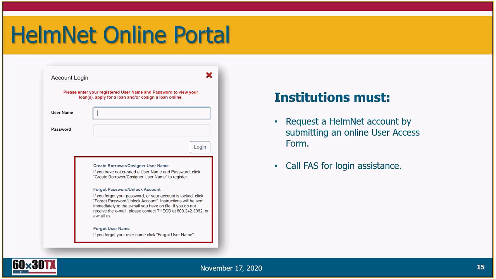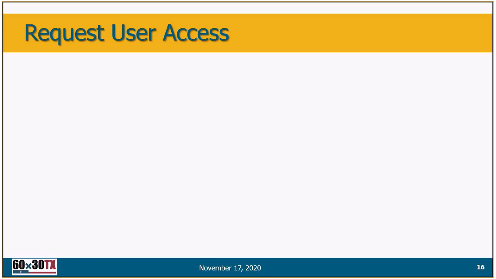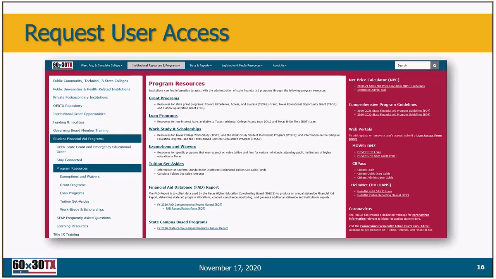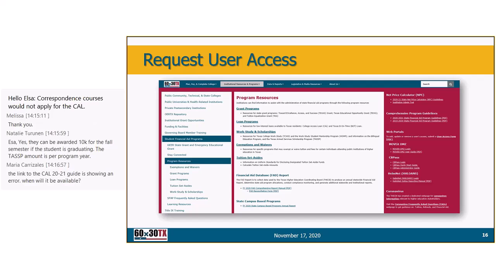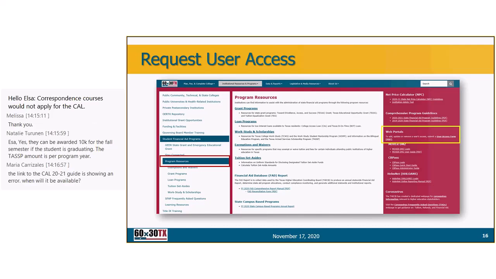Okay, so we just talked about you need a user access form in order to get access to this portal. So let's see where we find that. Going back to SFAP again. Under Program Resources on the right-hand side, you can see that there's a web portals section. On each page, you'll see the same section. And at the very top, it says to add, update, or remove user access, submit a form. When you click on the form and it pops up,